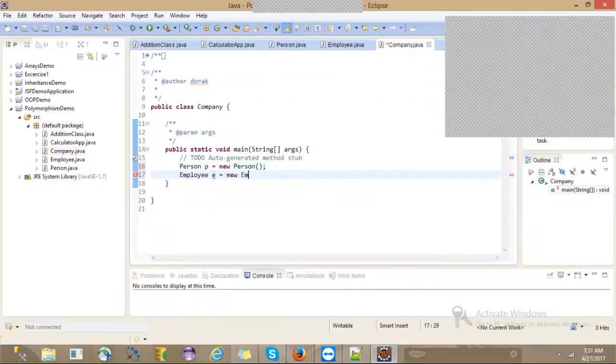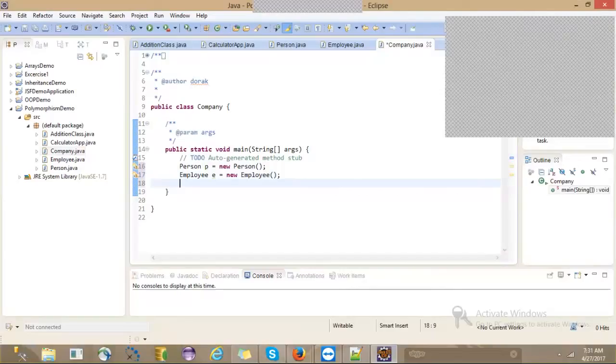In a similar way you can write the code in the customer class also, with set details and get details instead of set customer details and get customer details. That I'll also show.